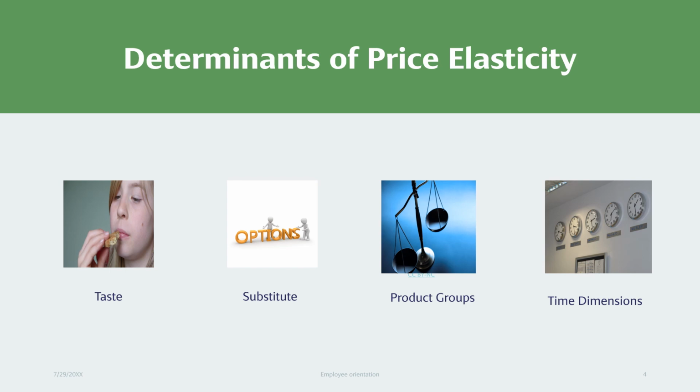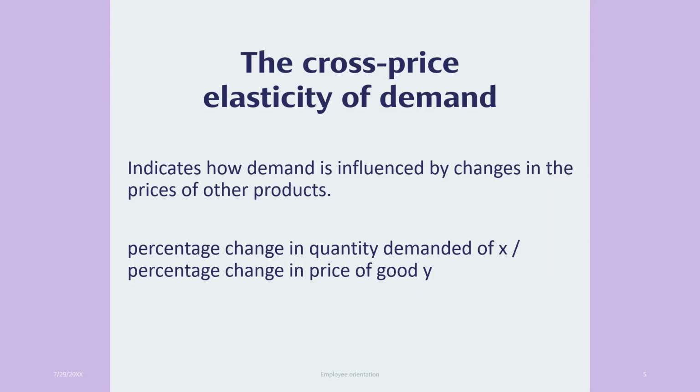All right, we'll move further to talk about the cross price elasticity of demand. It is where the demand for a product A is influenced when the price of product B is changing. Supposedly,